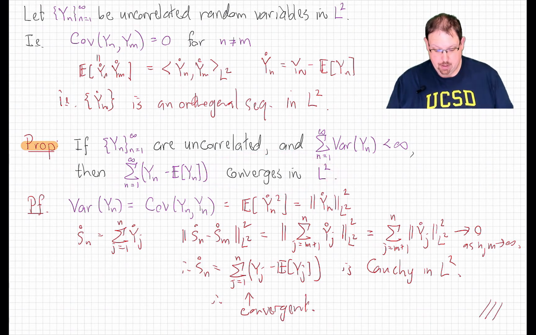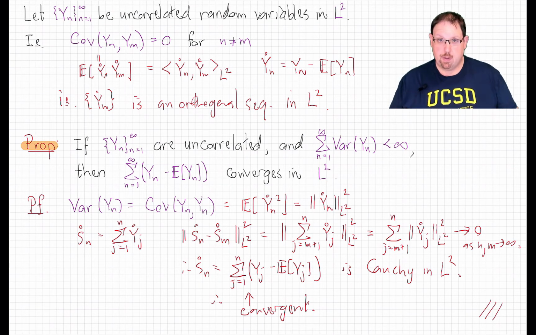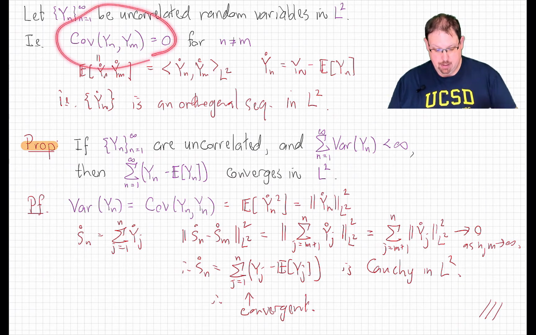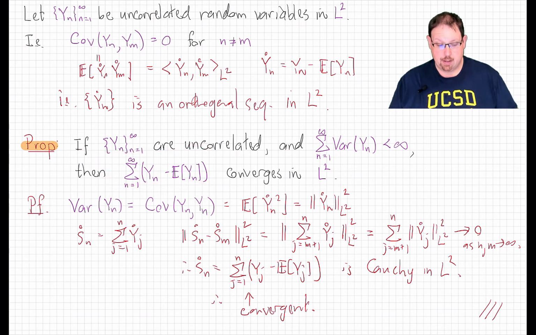theorem. If we were only interested in L2 sums, this would be the end of the story for all of the tools we need to develop to fully prove the strong law of large numbers. But we're not just interested in L2, we're interested in the stronger notion of almost sure convergence. So here's the question. Under these conditions, does this sum converge almost surely? Well, the answer to that is almost surely not.